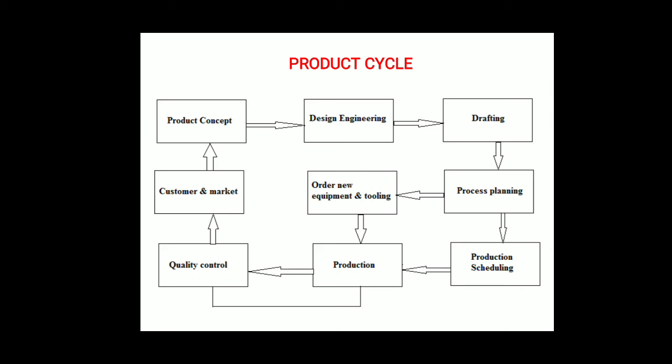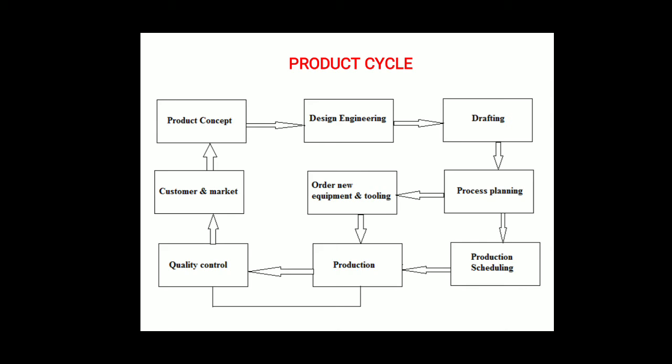Second type of design, adaptive design. There is some modification in the current design which will give better results than the earlier design. That is called adaptive design. Example, a press tool. In adaptive design, we use the previous design only, but we make changes, just modifications, and after that we get better results than the original design.